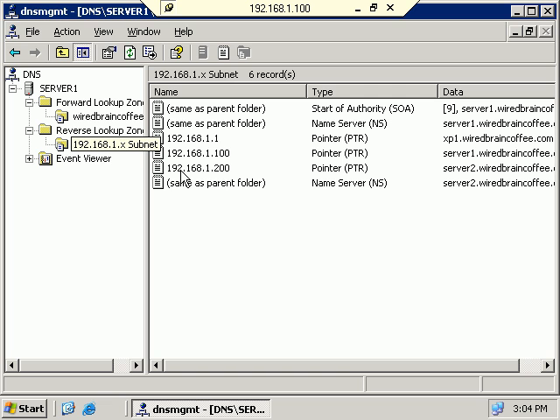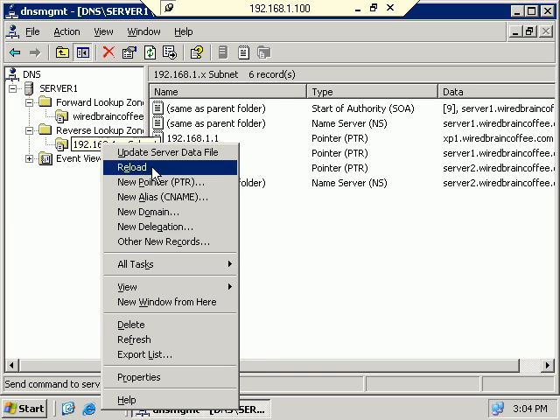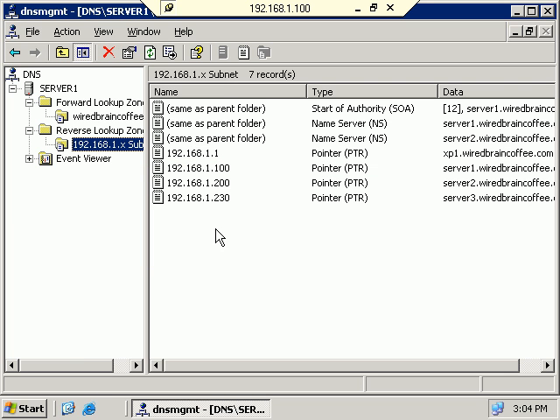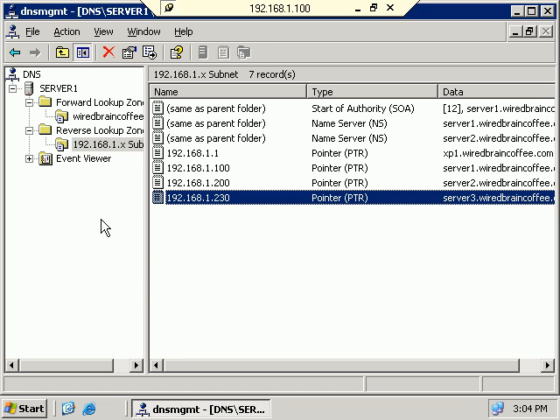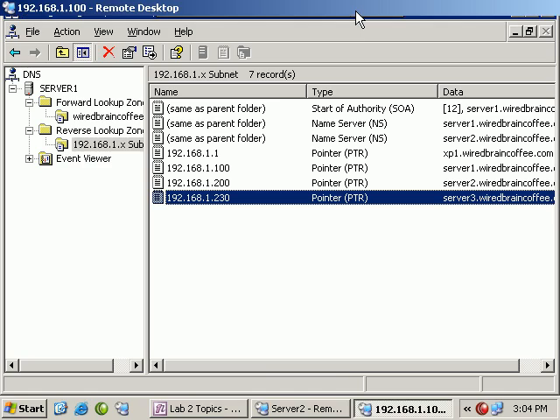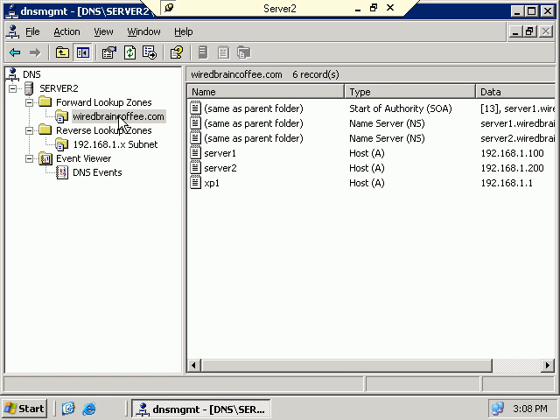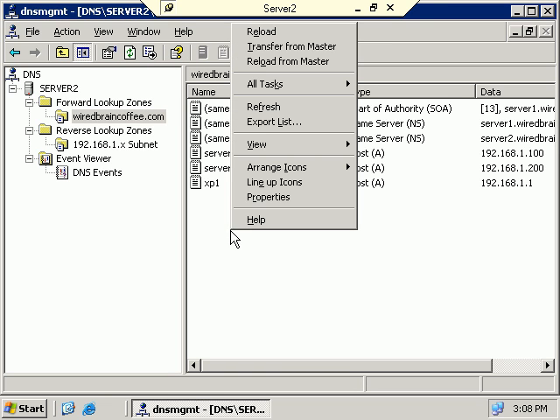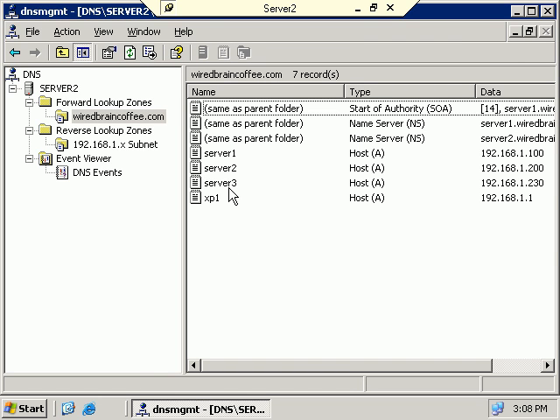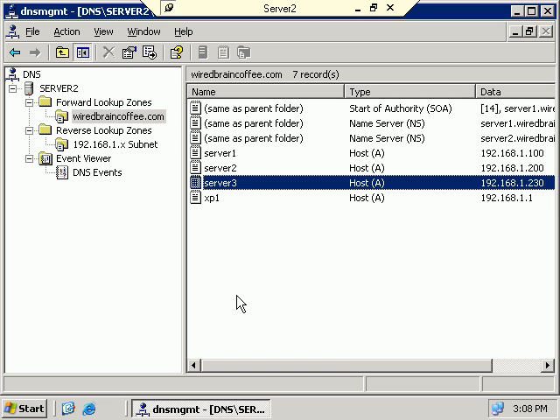It did not populate my entry here, though, unless maybe it will if I reload it. There we go. Now let's go back over to server 2, or on server 1 right now. Let's check out server 2 and see if these entries have transferred over. Okay, so here we are. Let's try refreshing. And there you see server 3, this record has actually already been transferred over from the